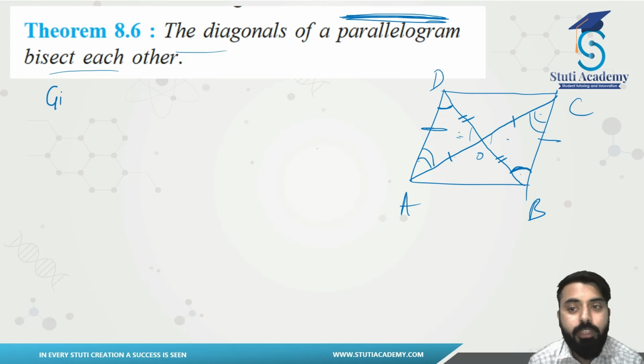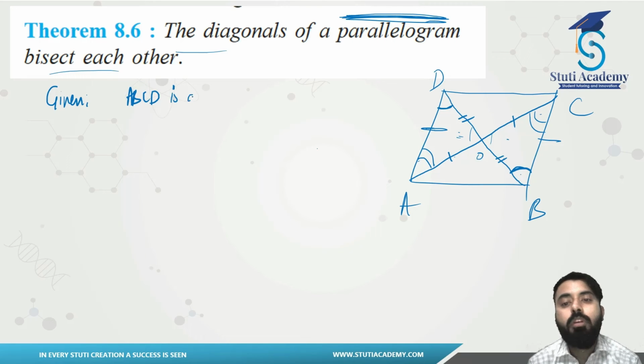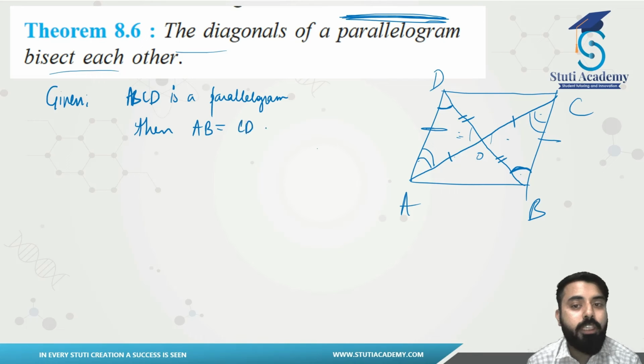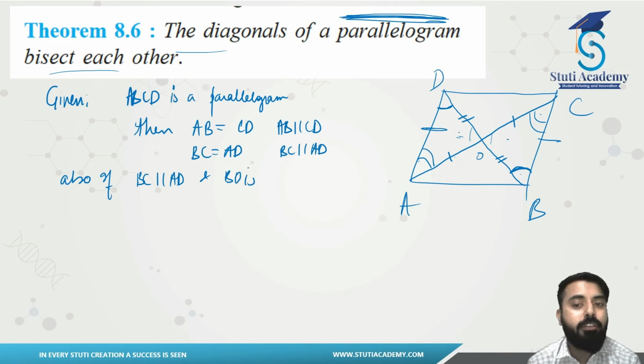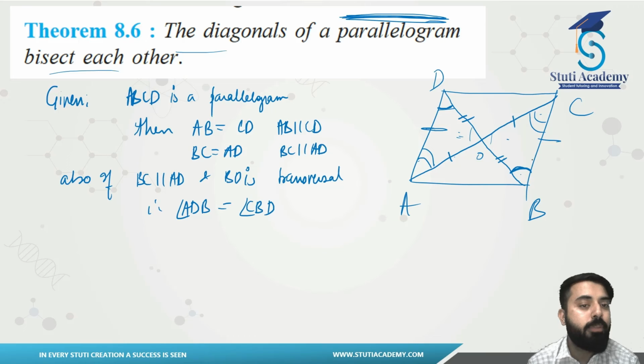Now for this, let's write given. Given is ABCD is a parallelogram, right? Then AB is equal to CD, AB is parallel to CD. BC is equal to AD, BC is parallel to AD. Also, if BC is parallel to AD and BD is transversal, therefore, can I say this? Angle ADB equals angle CBD, ADB this one, CBD this one,